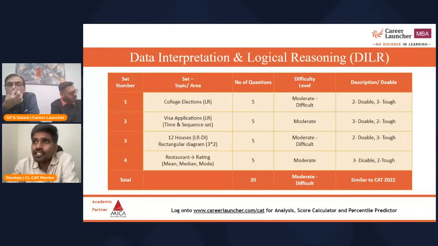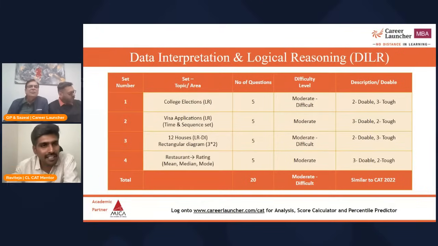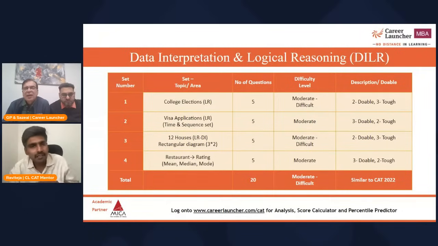So none of the sets was easily there, कि हाँ ये तो नहीं बनेगा, इसको रिजेक्ट कर देते हैं। और बाकी जैसे कि जैवलिन जैसा कुछ भी नहीं था, कि देख के पता चल गया कोई फायदा नहीं है टाइम बर्बाद करने का। कोई जैवलिन नहीं था। मतलब इनफैक्ट मेरा जो पहला सेट था, it was about the 12 houses वाला, और वो 12 houses वाला सेट मेरे को बहुत ही लुक्रेटिव लग रहा था।